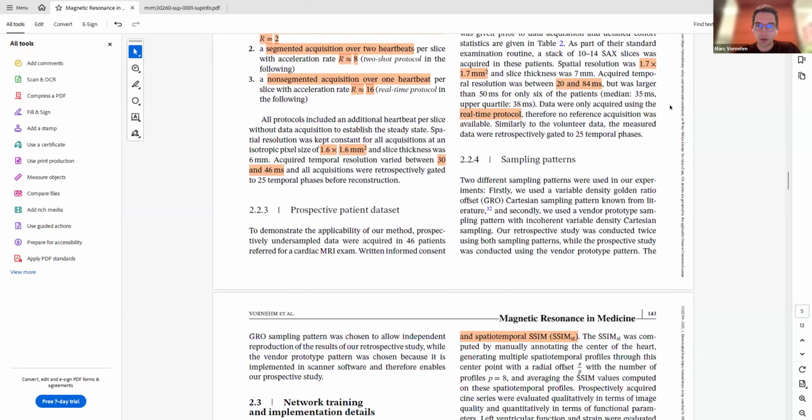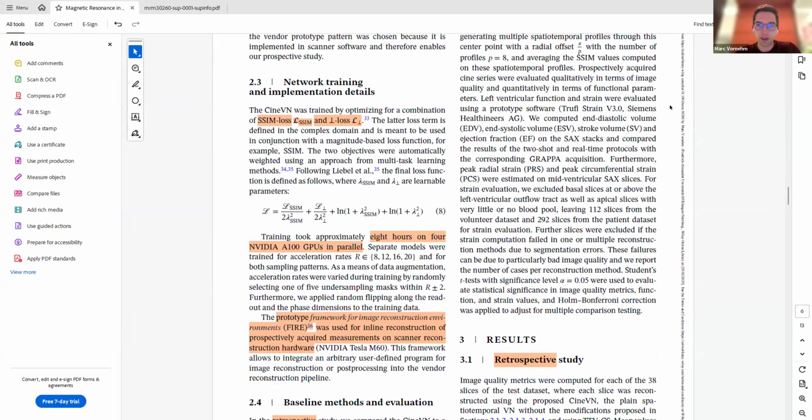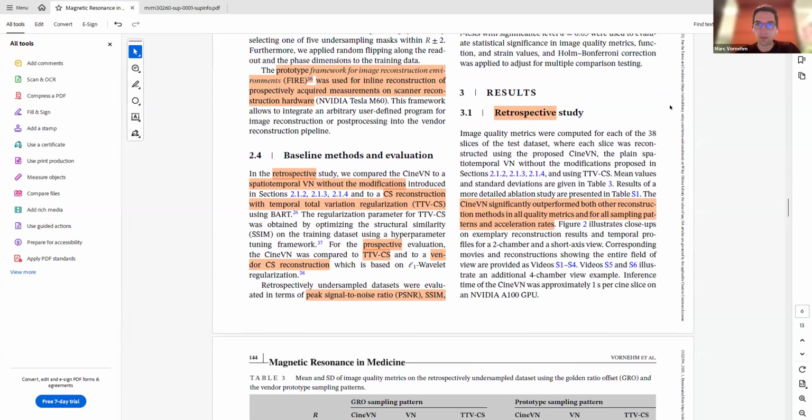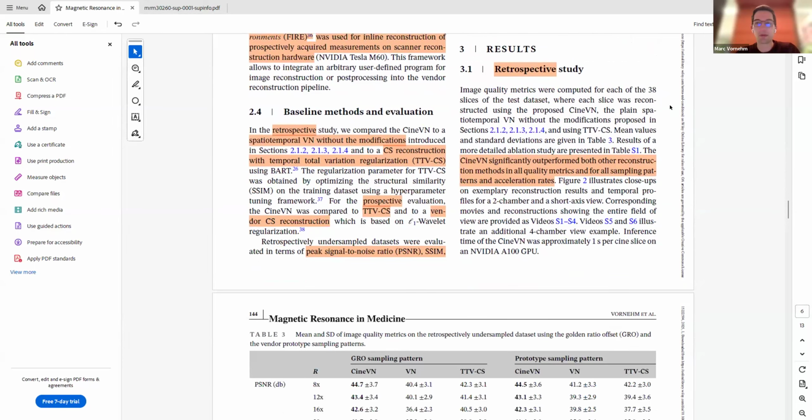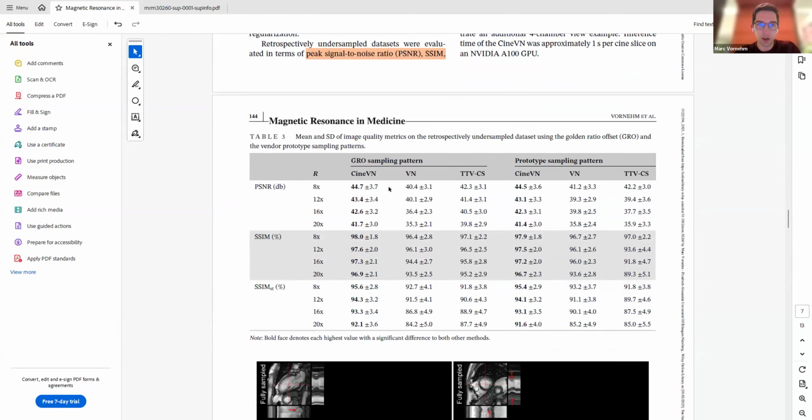I will quickly go to the results of this retrospective study. We computed PSNR and SSIM on our reconstructions as well as on reconstructions from a plain variational network and some compressed sensing reconstructions. And to make it short, basically our method gives the best results across metrics and across acceleration rates.